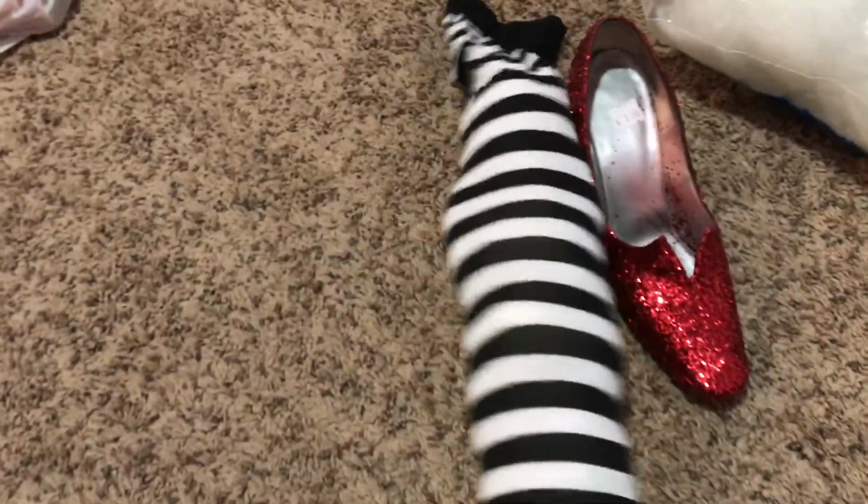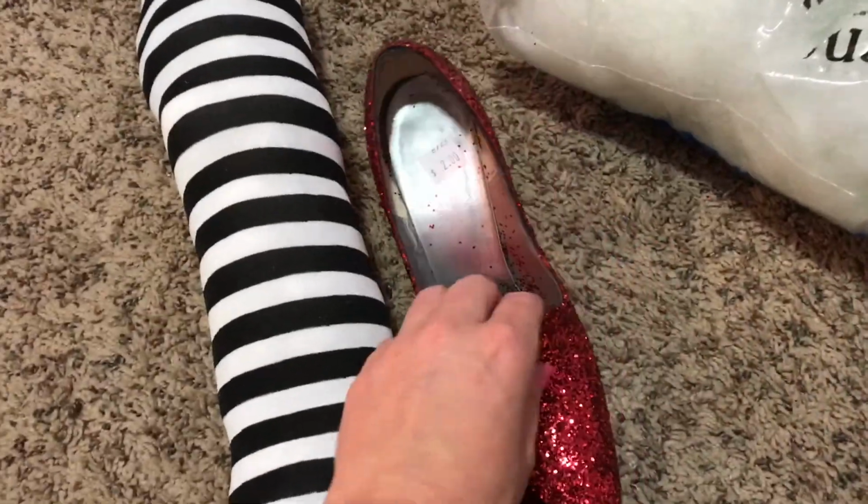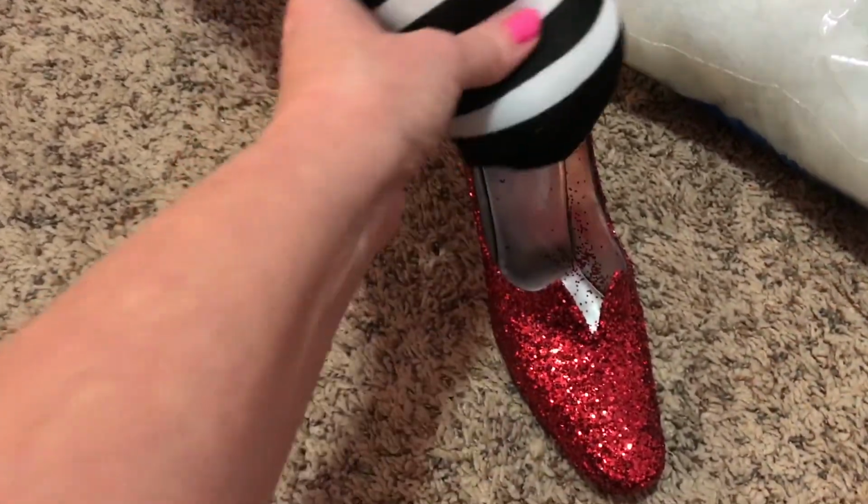Okay, so what I'm going to start by doing is filling up these tights. I got my polyfill, got the tights, just going to stuff them to make legs. Pretty simple. Okay, so I've got one of the legs filled. These shoes are pretty narrow, so what I'm going to do is stick it into the shoe, and